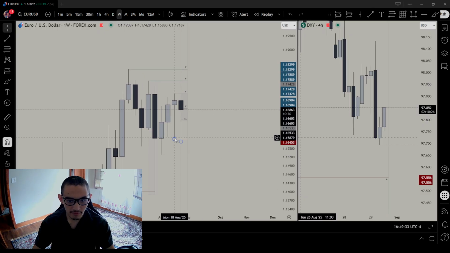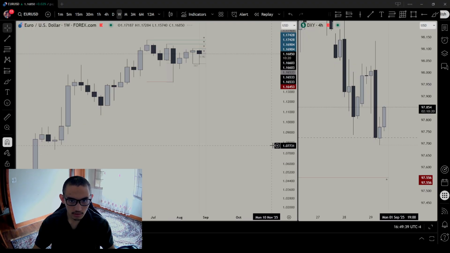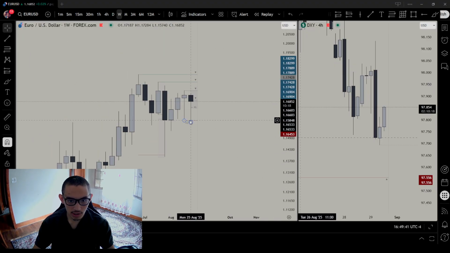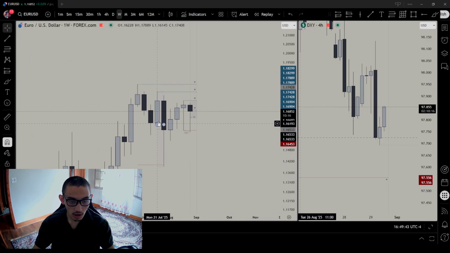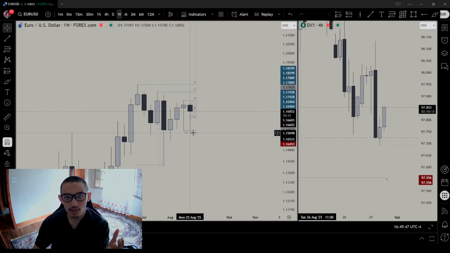In the weekly time frame, we have a weekly SMT CRT with the quality asset, which is DXY, right? Weekly SMT. Now on the weekly time frame, we also have another CRT. On the weekly time frame, I don't care about the key level because I already have the higher time frame here. So all I care about is a range in the weekly time frame.